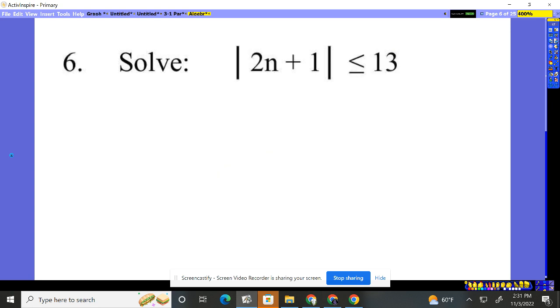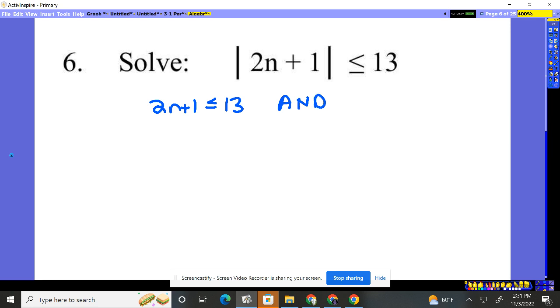Another one. Okay, now this time it is an inequality that makes it a little bit harder. No big deal. The absolute value is already isolated, so we're looking for when is it less than 13. Now, if we think about this, absolute value is how far away you are from 0. We're saying we want to be less than 13 feet away. Okay, we want to be from one spot to the other, so we want to be within 13 feet. Well, the way we go about this is we say 2n plus 1 is less than or equal to 13. That's less than, right? Less than. So this is an